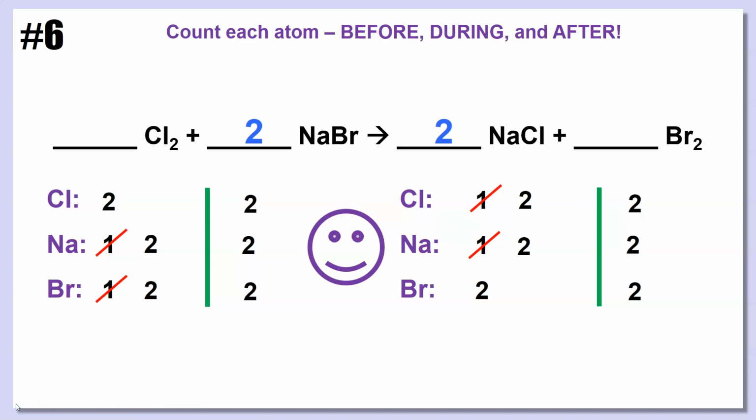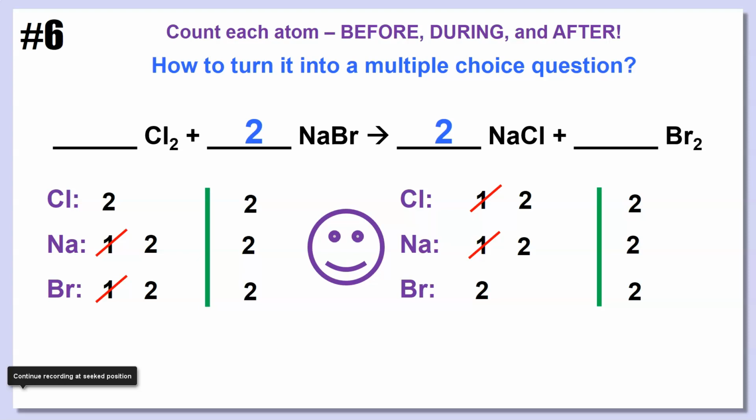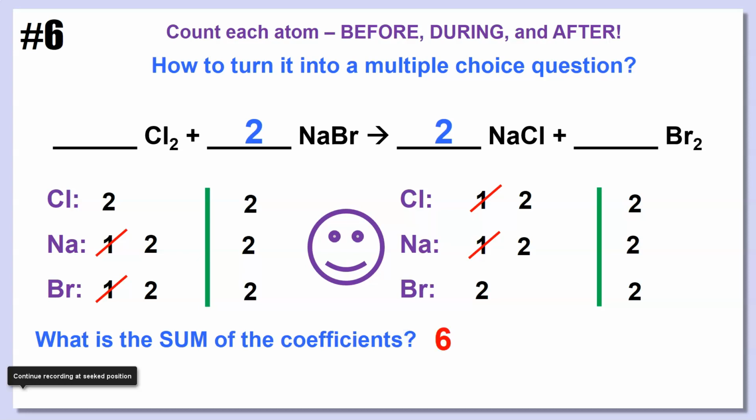So the next part is going to be seeing how we can turn this into a multiple choice question. There's 2 pretty common ways to do this. The first is me asking you, what is the sum of the coefficients? So I'll give you a hint. The answer is not 4. The answer is 6. The reason the answer is 6 is that we cannot forget that even though it looks